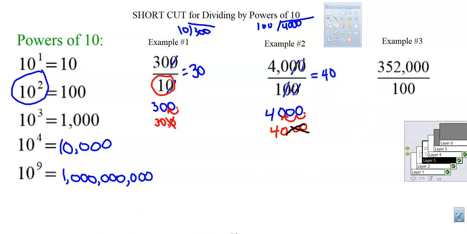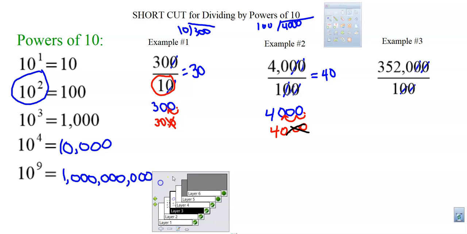All right, example 3. Example 3, we have 2 common zeros on the end of the number, so we can cross off 2 of them. That's the one way to do this shortcut. And you end up with 3,520. 3,520. The other way you could do this problem is take your 352,000,